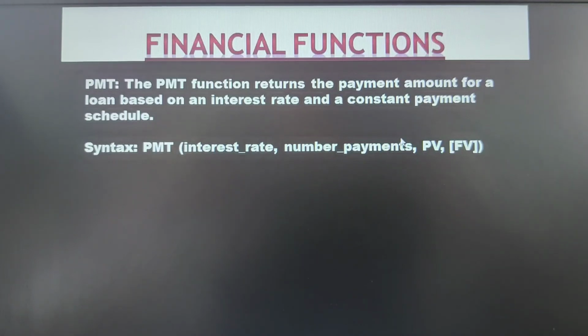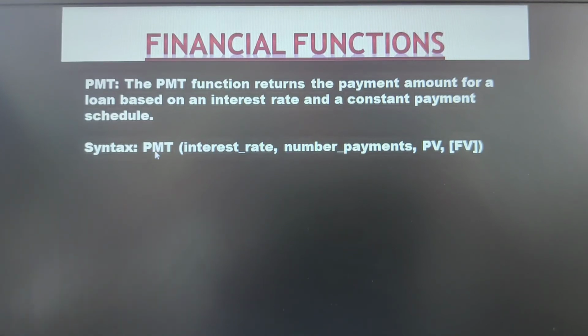Just give these parameters, and automatically it will give you the value you have to repay to the bank every month. It will calculate and give you 550 rupees. You need not do any manual calculation. You just need to pass the values depending upon the data you have. Place all your data in particular cell numbers according to the formula. Just pass the parameters. This inbuilt function itself will calculate and give you the answers.